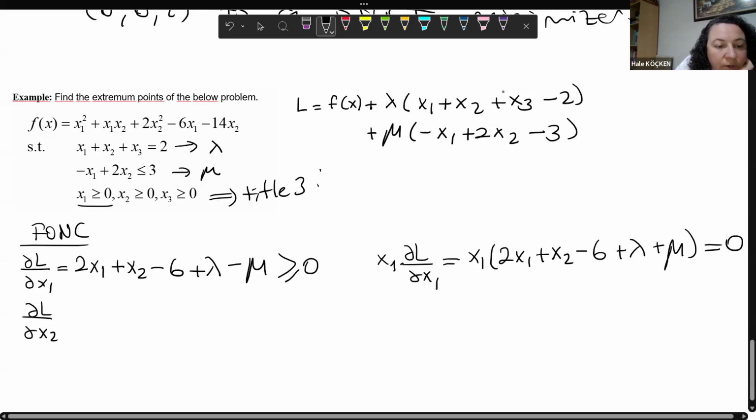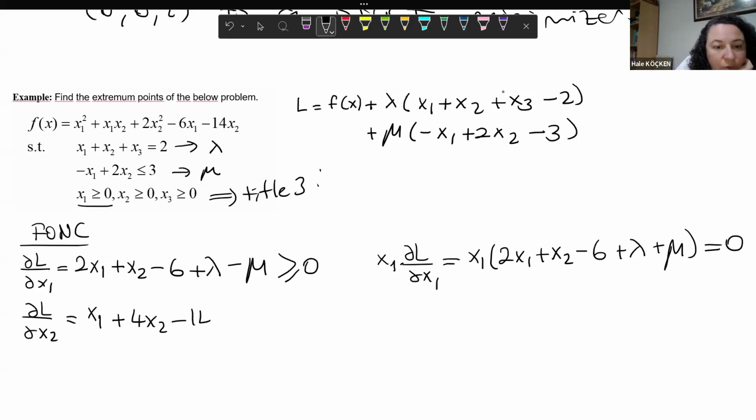dL over dx2 is 4x2 minus 14 plus lambda plus 2 mu, which is greater than or equal to 0 since my x2 is greater than or equal to 0. And also x2 times this